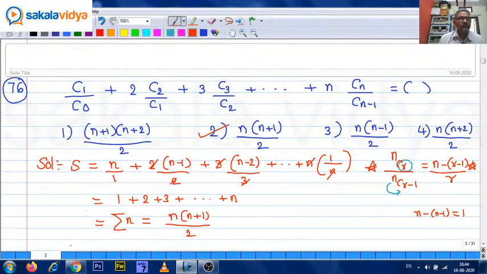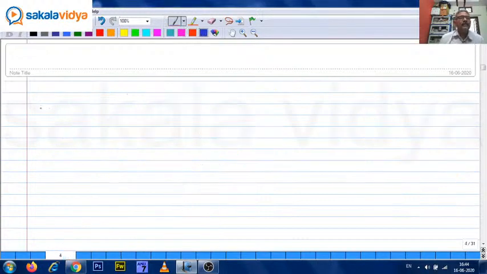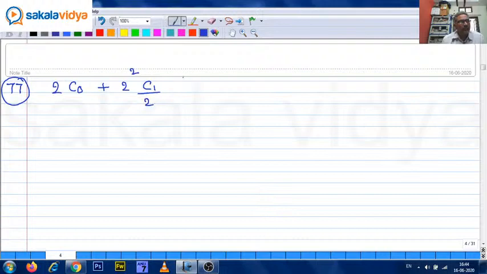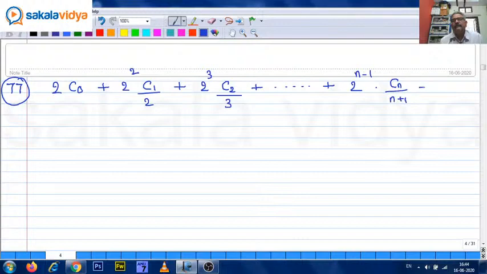Okay, next, 77. Problem number 77. 2C0 plus 2 square C1 upon 2 plus 2 cube C2 upon 3 plus so on, 2 to the power of n minus 1 into Cn upon n plus 1 equals to, right. First option,